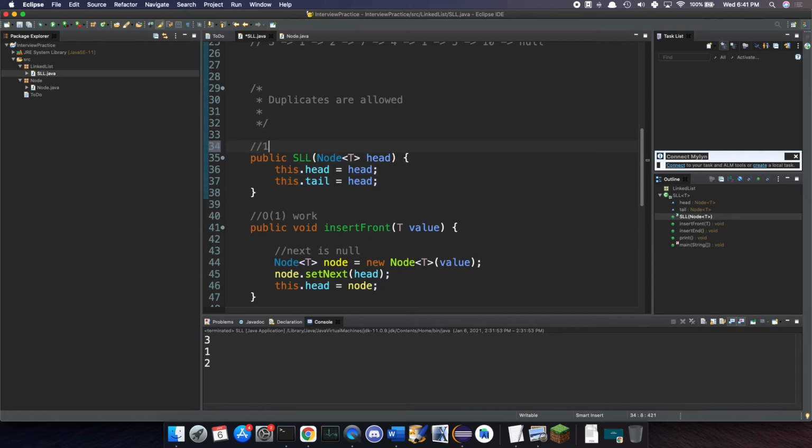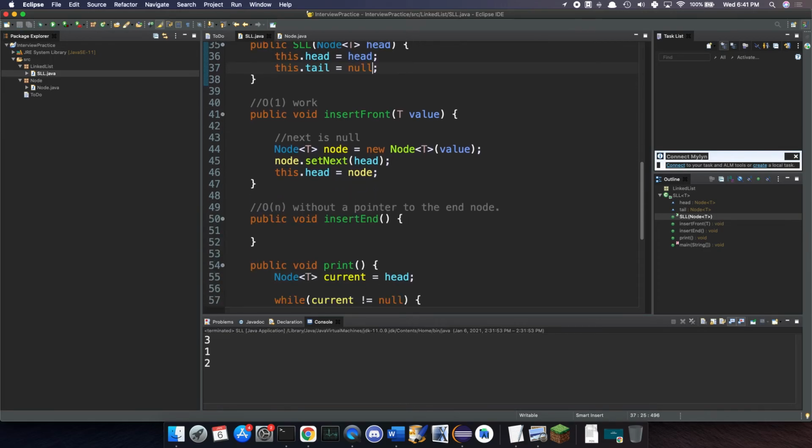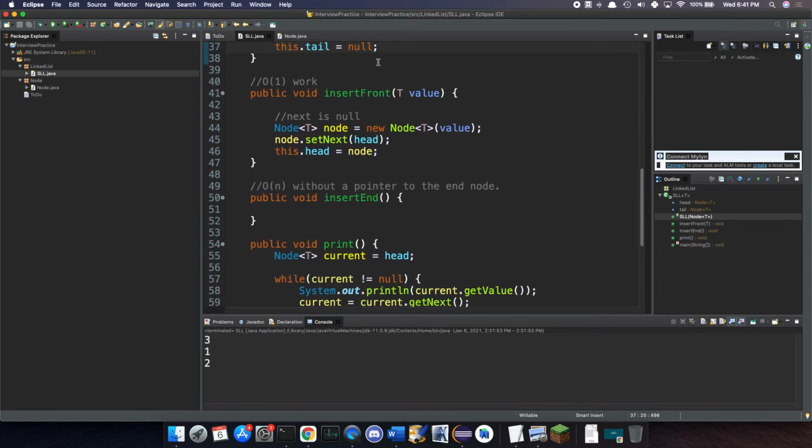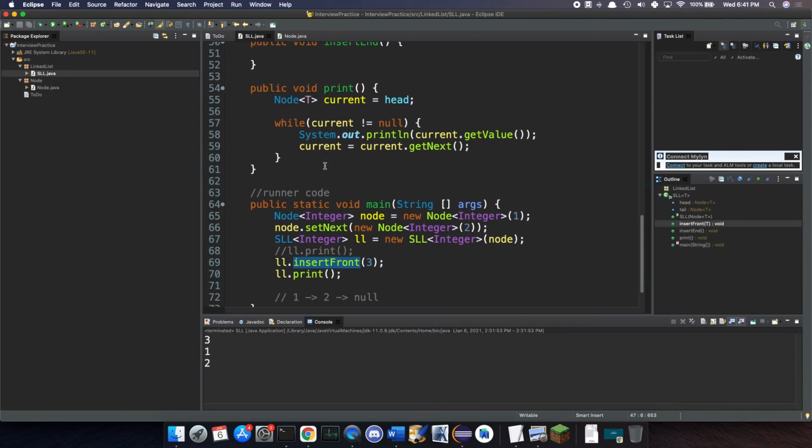So when we create a node, it points to null. So tail is null. That's a good point. Okay, so we have tail is null. Insert to the front. Okay, this begs us to find